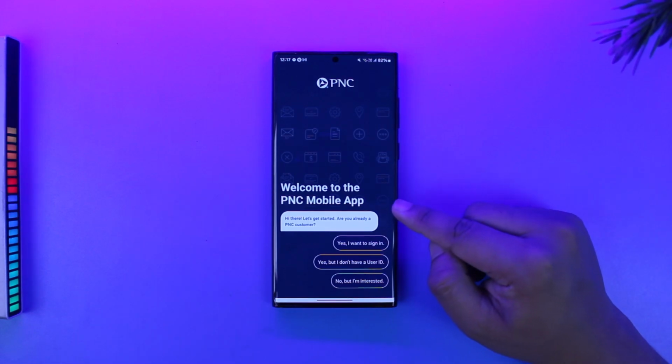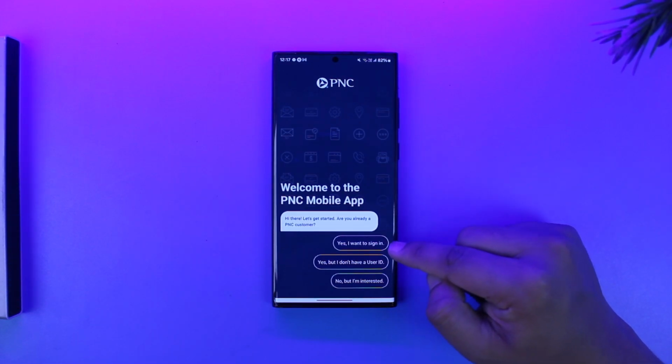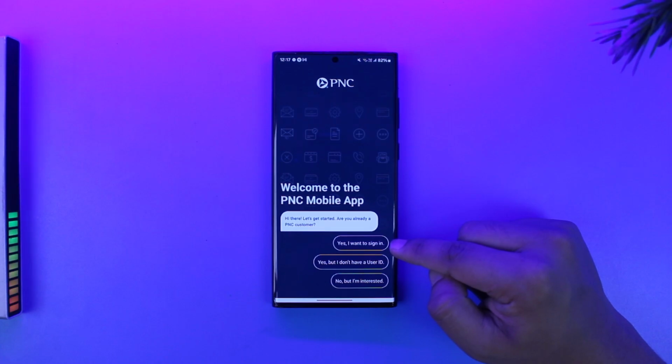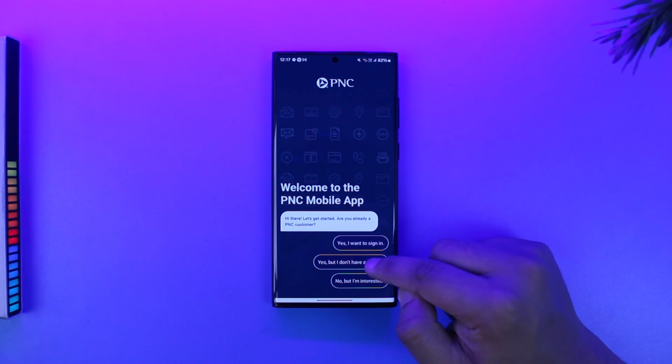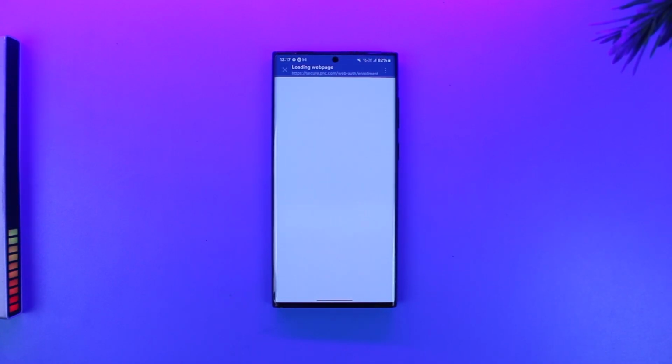So it says welcome to PNC mobile app. It gives you three options. Yes, I want to sign in if you already have a mobile banking account, but since we don't, we will select yes, but I don't have a user ID, so we will go there. Now it will take us to a browser page where what we have to do is just simply fill out